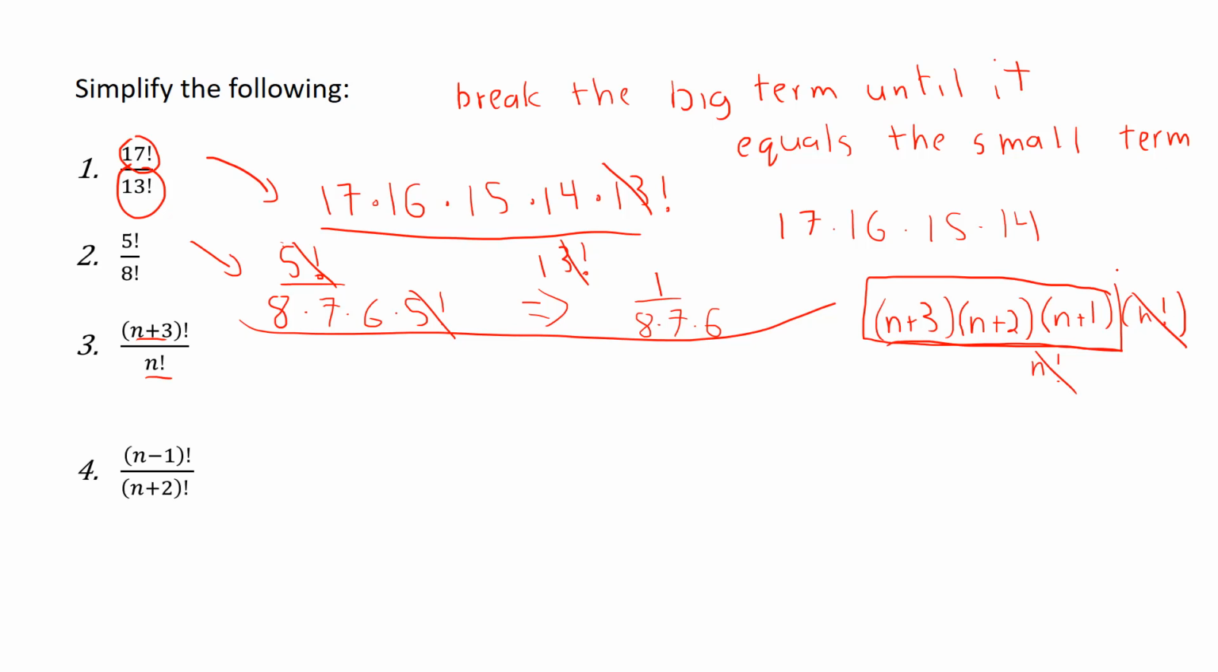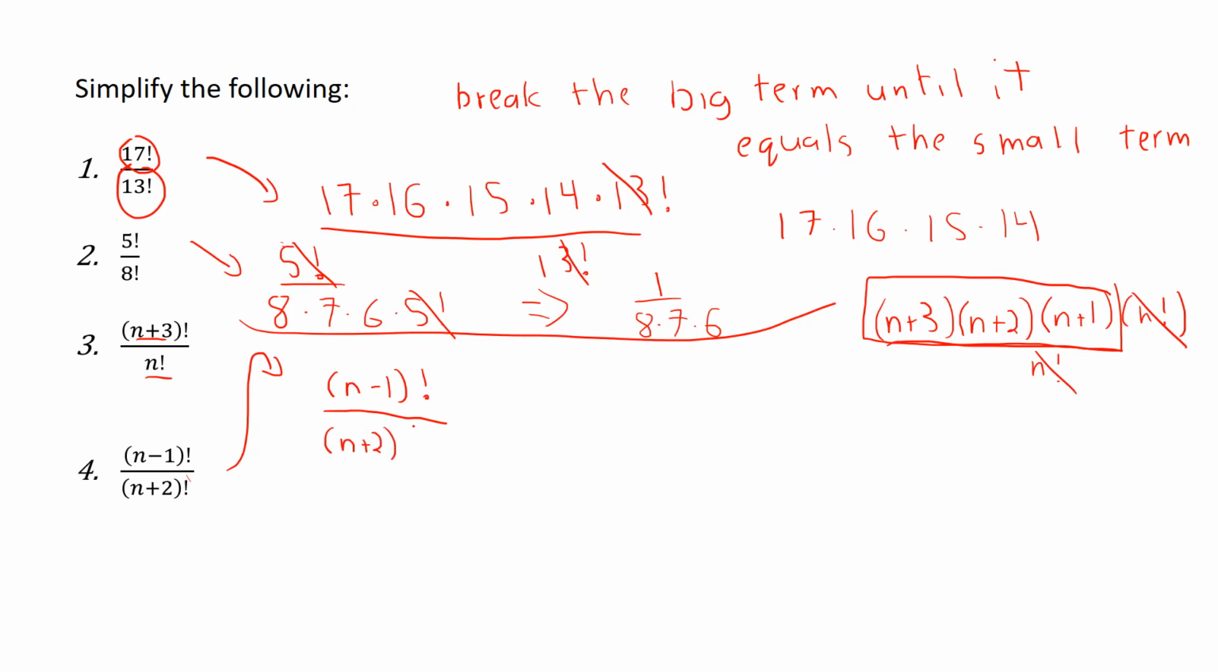So number 4 is n minus 1 factorial over n plus 2 factorial. Once again, we need to recognize which is bigger. Now, n plus 2 is bigger than n minus 1. Whatever that n number was, 5, 6, 7, could be anything, you add 2 to it, it will be larger than that number minus 1. So I'm going to break the denominator down. I'm going to keep that n minus 1 as is. So n minus 1 factorial. Not make any changes, but that n plus 2,